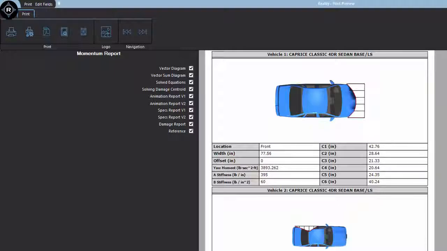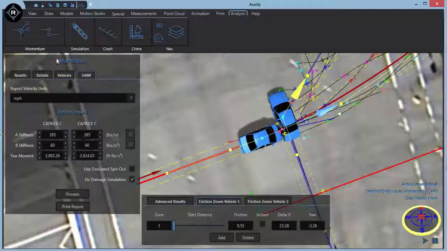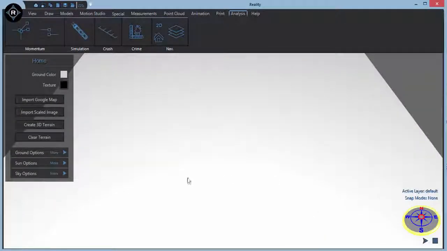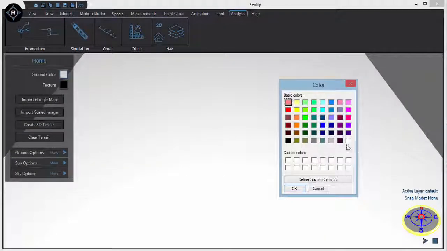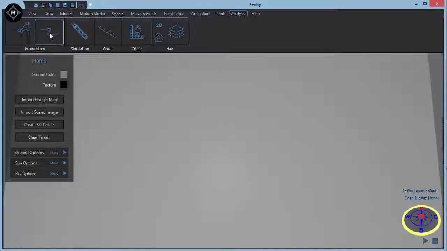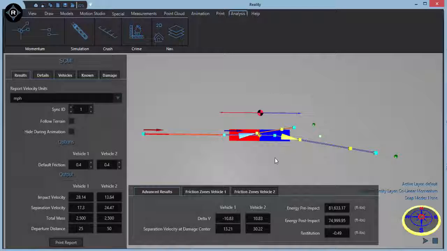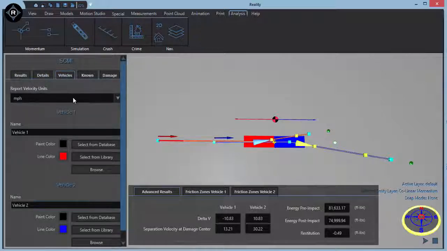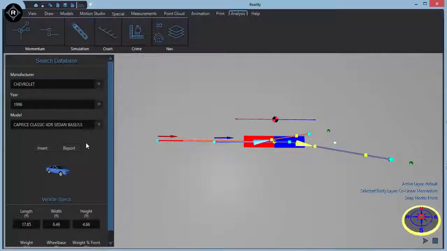So that's our linear momentum tool. Now what we're going to do is do angular momentum. I'm just going to change our ground color so you can see the tire lines, etc. We'll just click here and an angular momentum system arrives on the scene. It can be in head-on or rear end, as long as the relative angles are within 10 degrees, you're all set. Again, this system here should be used